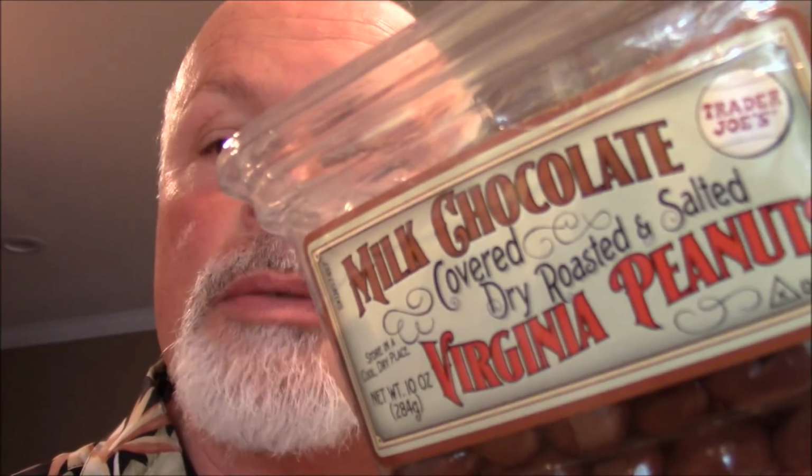Today I'm going to try these Trader Joe's milk chocolate covered dry roasted and salted Virginia peanuts. Savory, salty, and sweet chocolate. Can it work? Well, you bet your Reese's Peanut Butter Cup it can. Just try a couple of these, see them? Now, I don't eat a lot of chocolate, but I do like milk chocolate, but